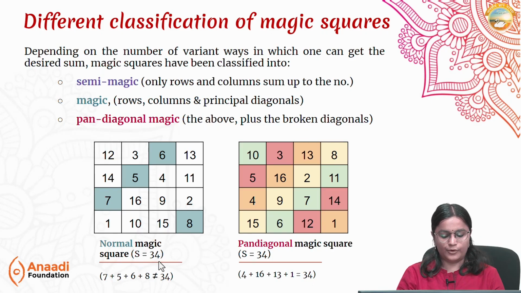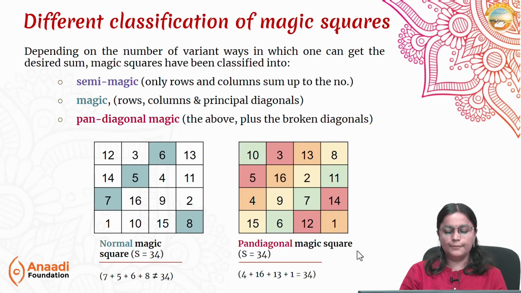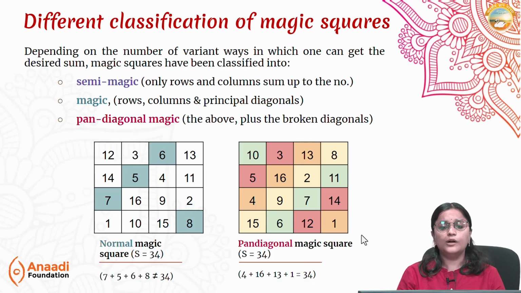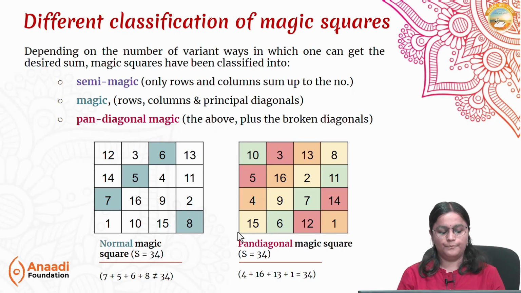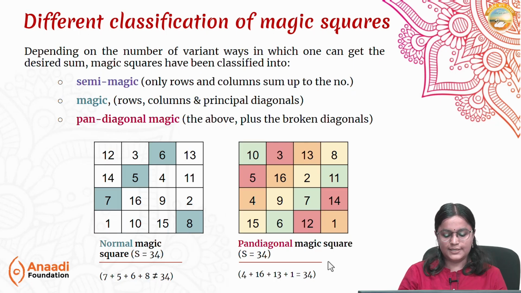Now, let us look at the third category, our special category of a pan-diagonal magic square. What is a pan-diagonal magic square? In a pan-diagonal magic square, apart from the rows, the columns and the principal diagonals, here the principal diagonals will be 10, 16, 7, 1 and 15, 9, 2, 8 as you can see. Apart from these rows, columns and the perfect diagonals, broken diagonals will also give us the same magic sum. In this square, the magic sum is